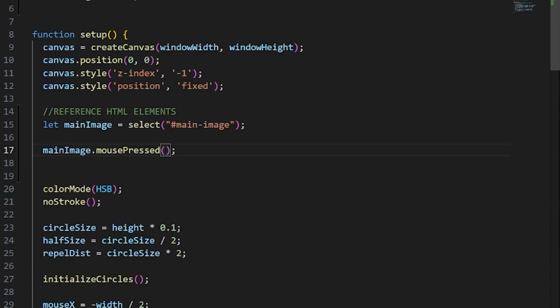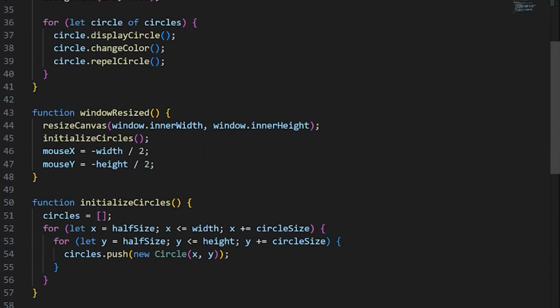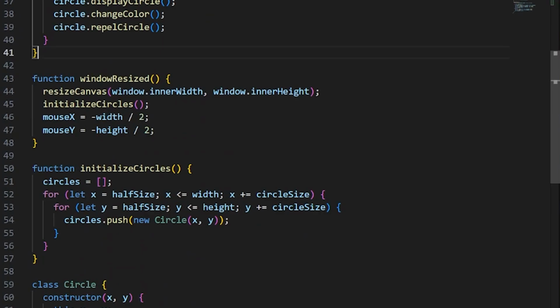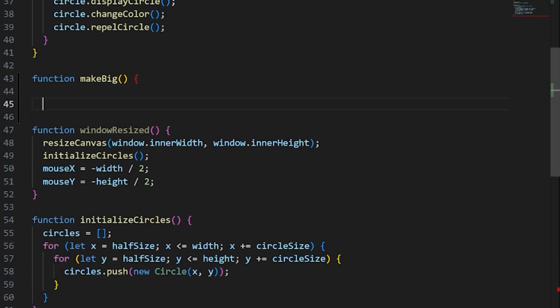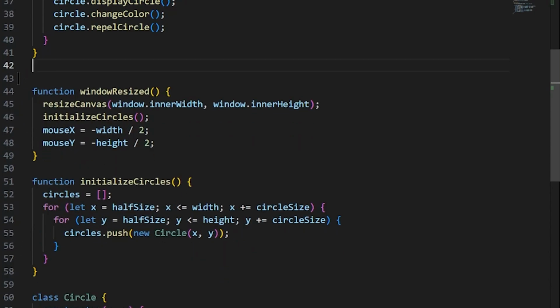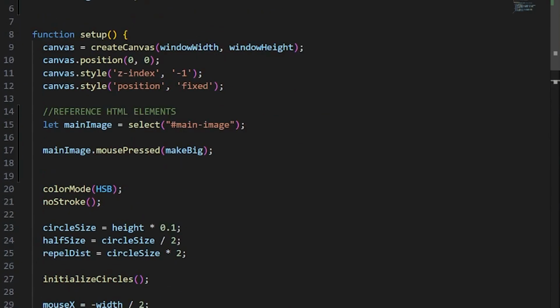So I could create a makeBig function, and then come down here where I put all my functions and create a function called makeBig, and then put stuff here. That is one option, but I'm going to stick with this way of doing things